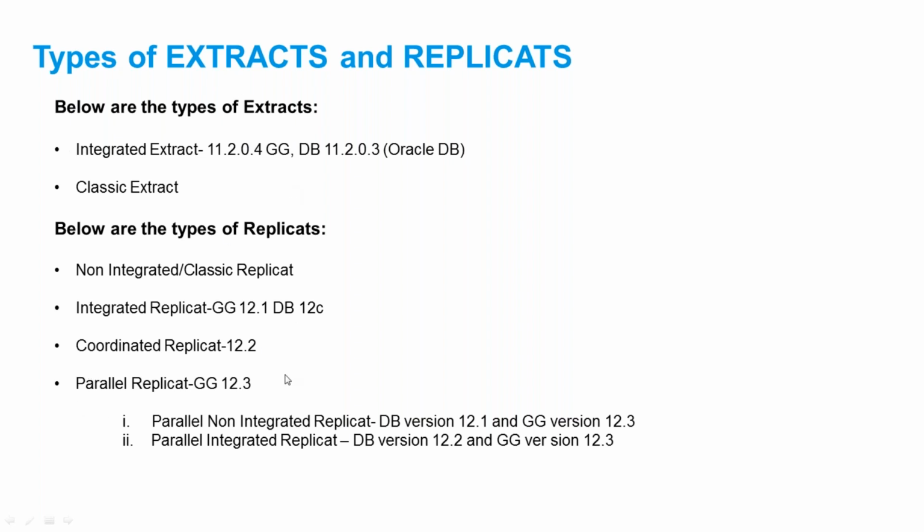Similarly, if your environment is supporting parallel replicate, go with parallel replicate. If it is supporting integrated replicate, go with integrated replicate. So go with the latest stuff. Same with the version. Another question which I face is, should we use Golden Gate 19c? It is the latest version and it should have some bugs. So is it trustable? So the thing is, guys, the product is owned by Oracle.